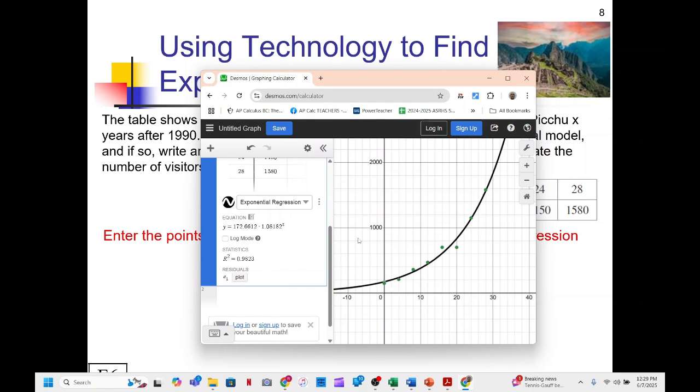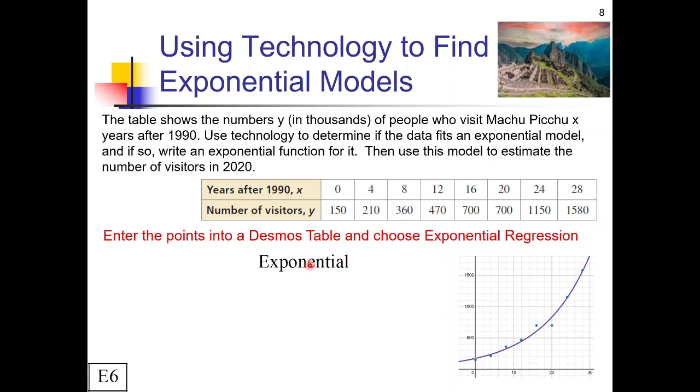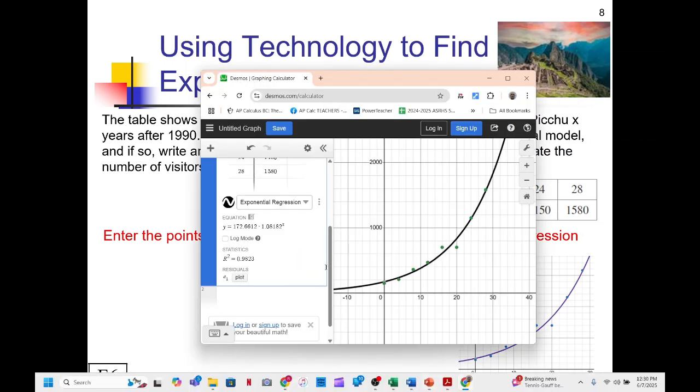The closer this is to 1, the better a fit this is. 0.98 is pretty good. So just kind of cutting and pasting what I had on there, that's what my graph looked like. We can see that this is a pretty close fit, so we can call this exponential. It's not precise, but it's probably about as good as you're going to get for most of these real-life situations. And they wanted us to write a function for that. So the function is just right here, the equation,